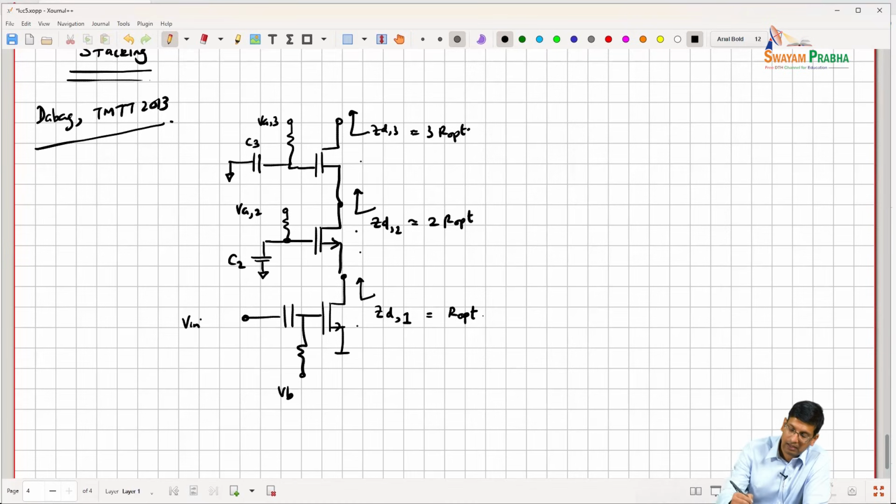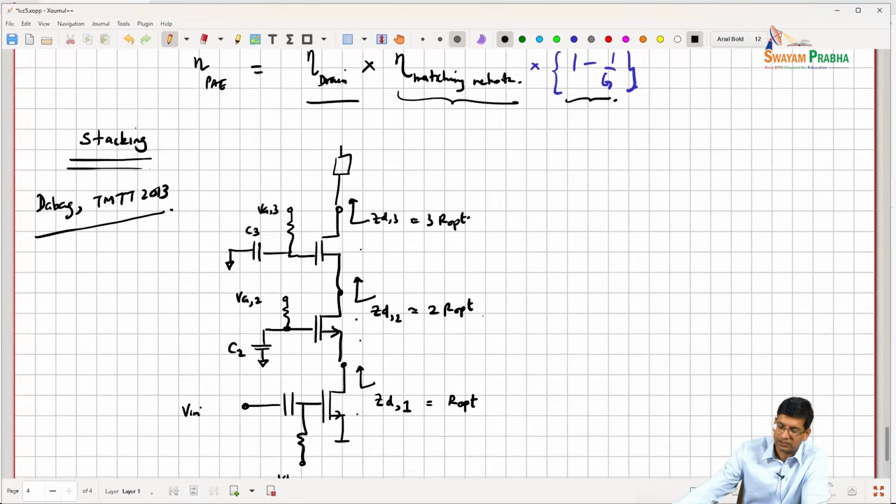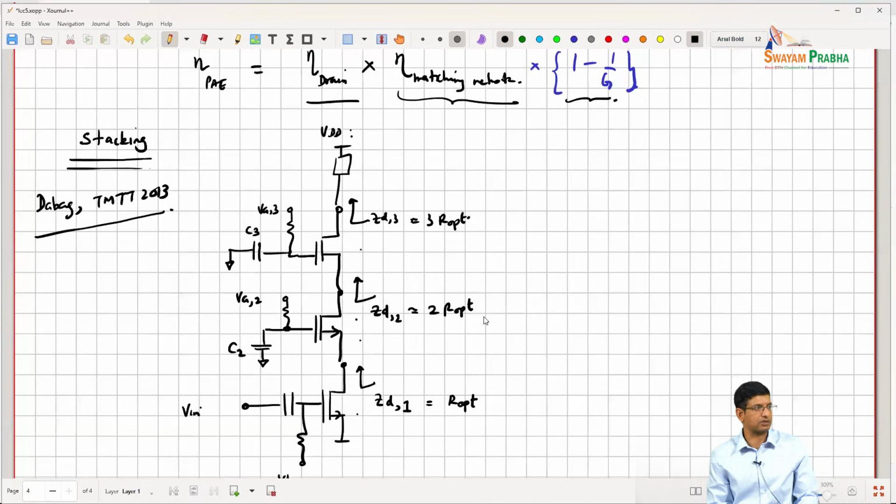And let's say that here I have some choke or network that basically gives my VDD. Now this VDD can be a lot higher because that voltage is getting dropped across 3 devices in the stack, right? So if I have a situation where the VDD just scales with the number of devices in the stack, just as an example,